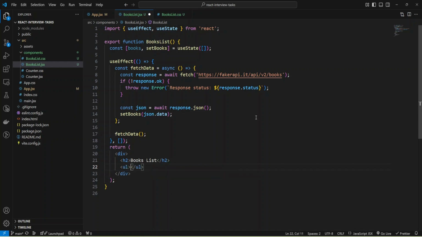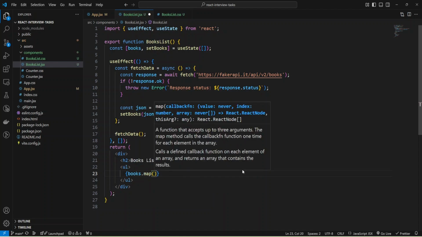That would be enough. I'm going to create an ordered list, and for each element of the list, I'm going to iterate through the array. We have an array of books, and I'm going to use the map function of the array.